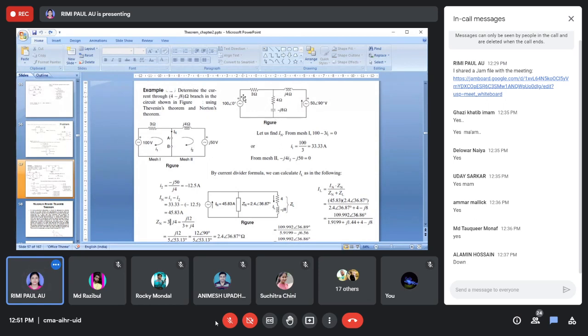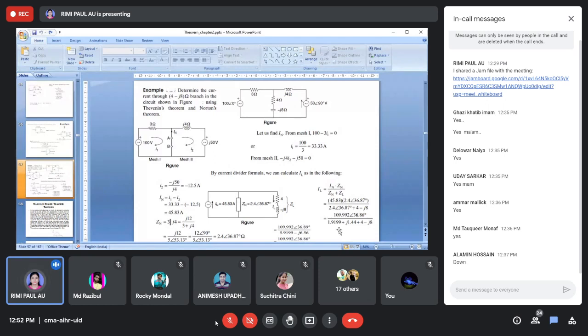Or you can take it in this way, that one current will flow through this path, another current will flow through this path. So I1 minus I2 will be the current of this path. You can apply mesh analysis, right? So if you get the short circuit current, you put it here, and Zn you have already got here. So ZL you will put here. So IL, by current division rule, IL equals IN into Zn by Zn plus ZL. You can get what will be the IL.